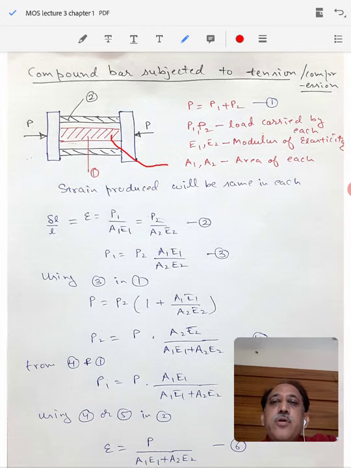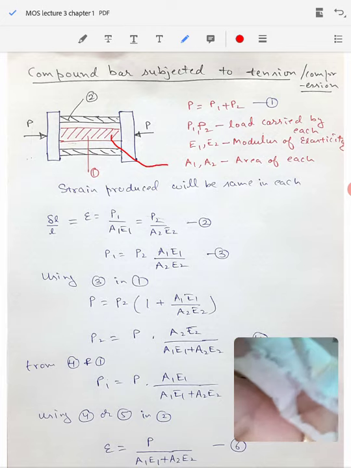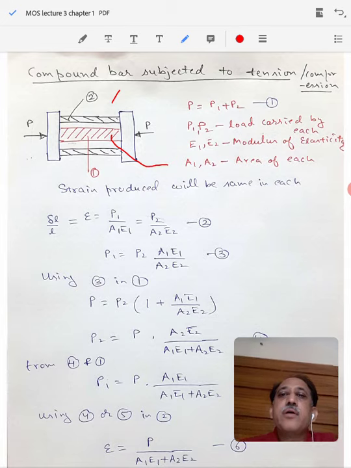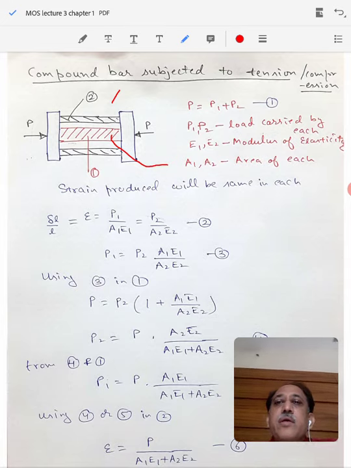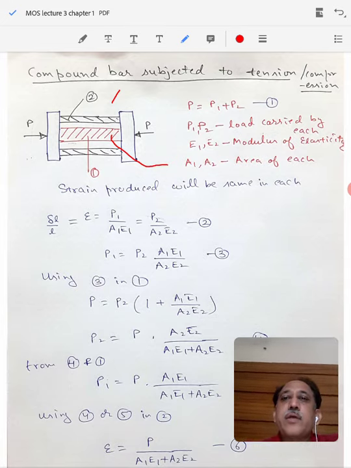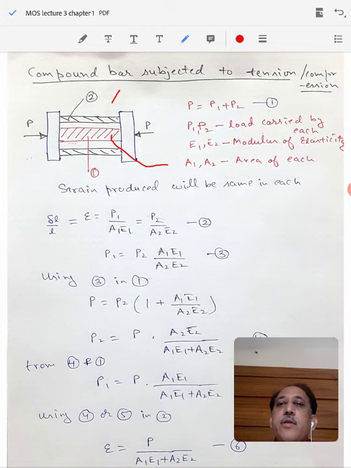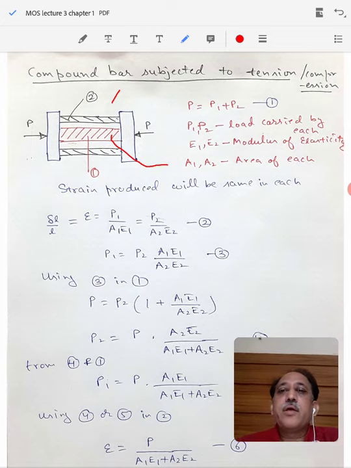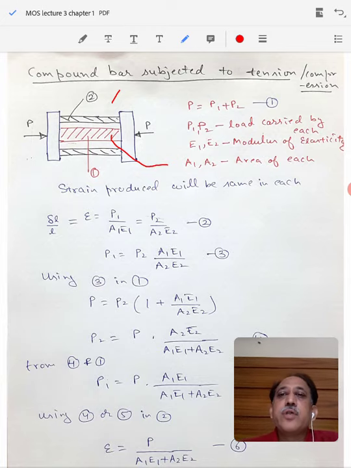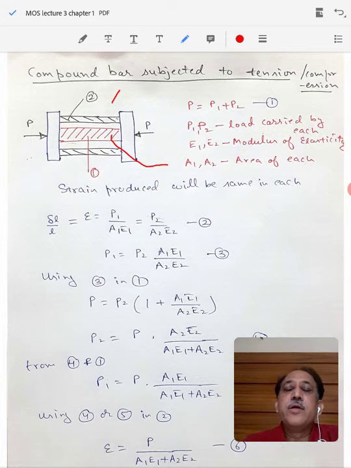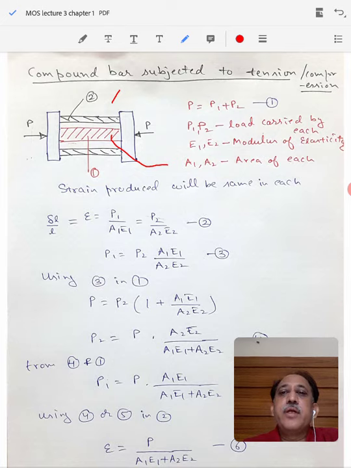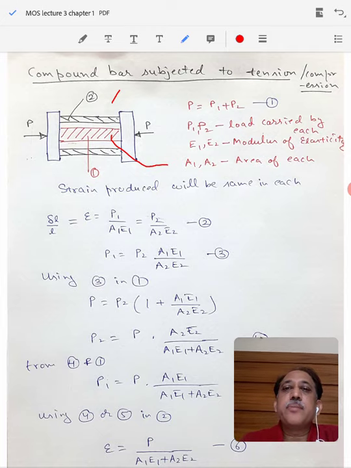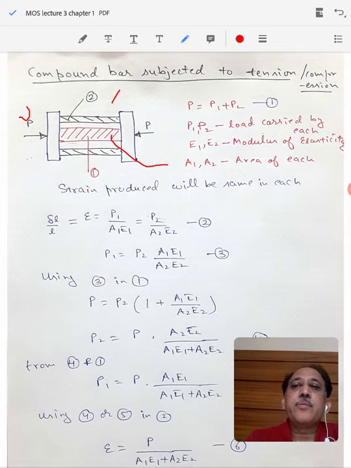Enclosing this solid rod, there is a circular cylinder which is given by number 2. This is a cross sectional view, so that's why you can see these hatching lines over here. So 2 is basically your circular cylinder. They both are of the same length, 1 and 2 are both of the same length, and with the help of some plates they are being put under a compressive load which is given by P.